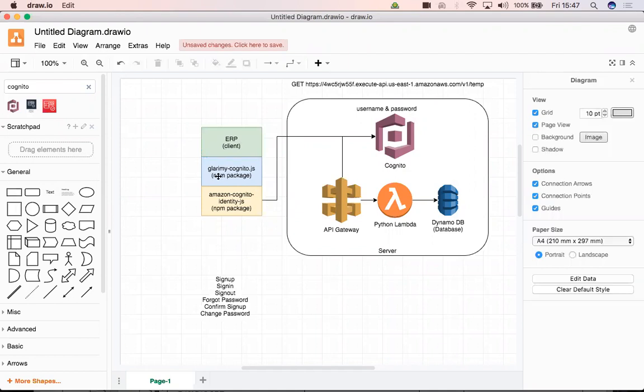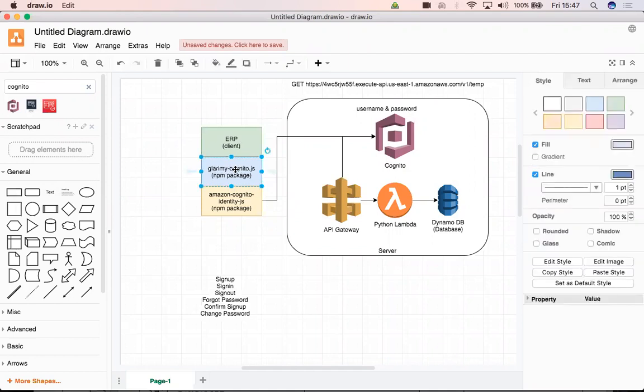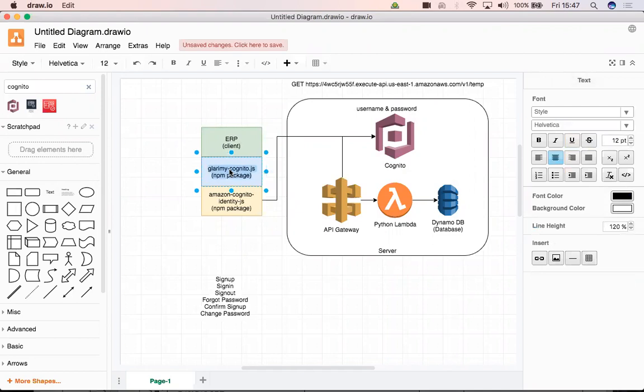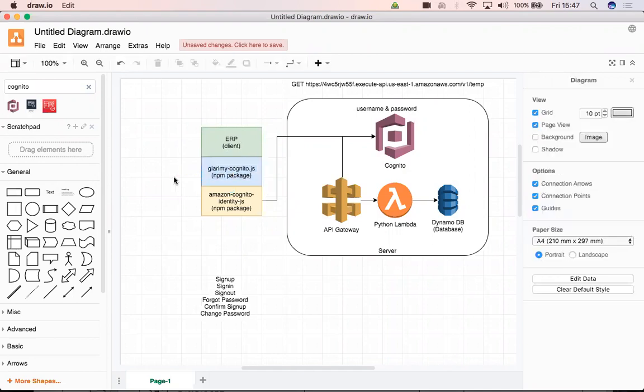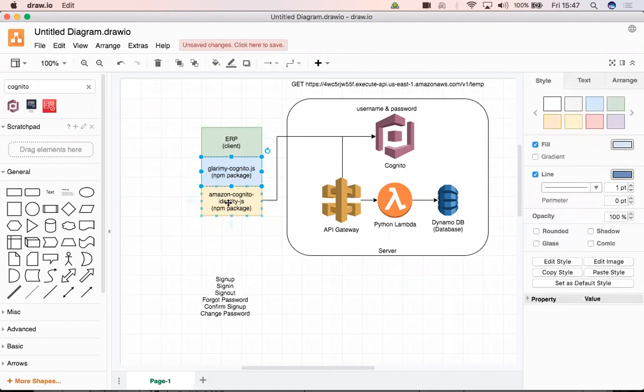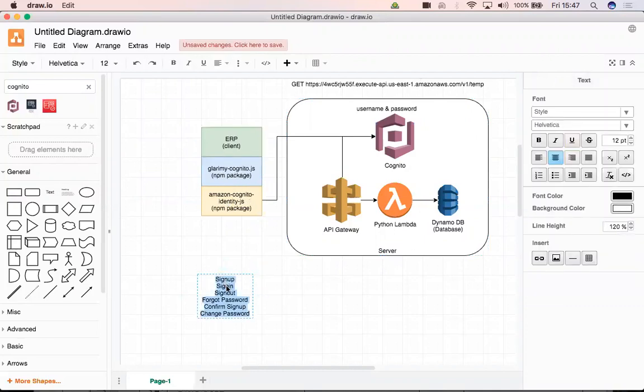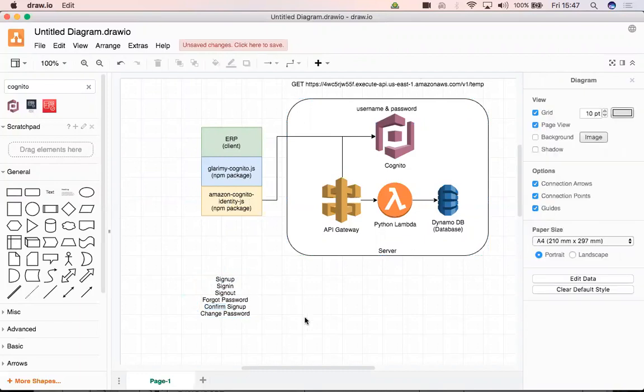Okay. So your job, both you and Sandeep, will be working on Glarimai Cognito for a while till you get all the other functionalities done. Amazon Cognito is already there, and the backend setup I have already finished. ERP is something that will be developed once this Glarimai Cognito is fully ready. Currently, I have only sign in, sign up, and confirm sign up. Forgot password, changing the password, signing out, those things I haven't implemented yet. You will be implementing several such additional features.